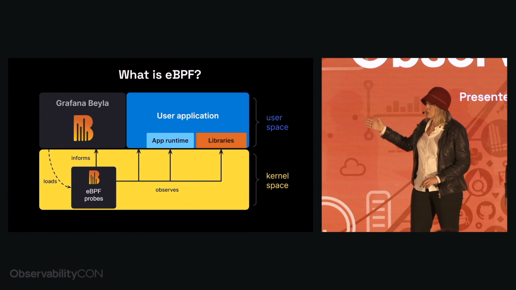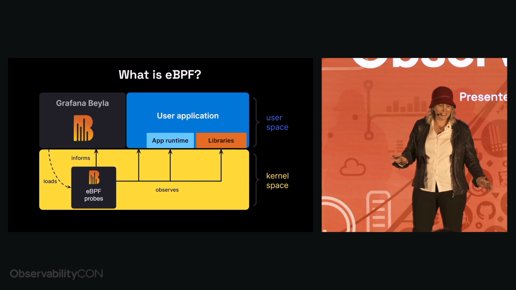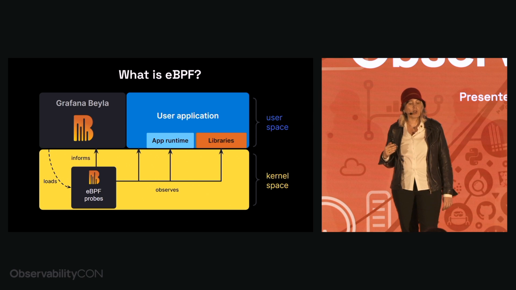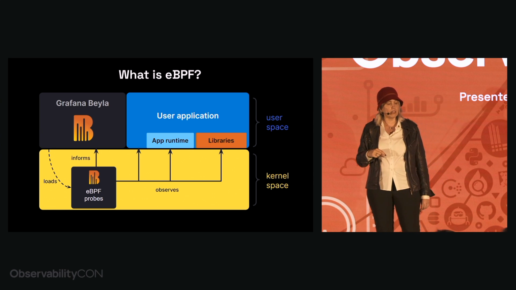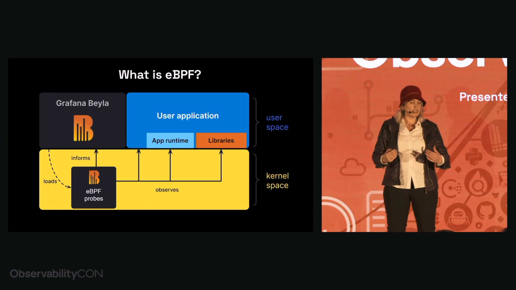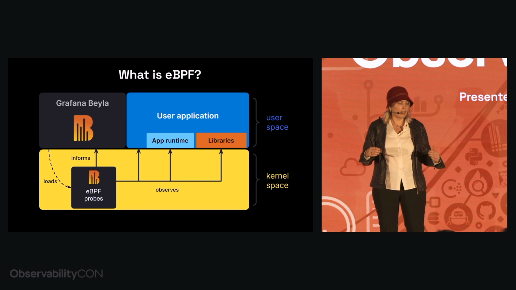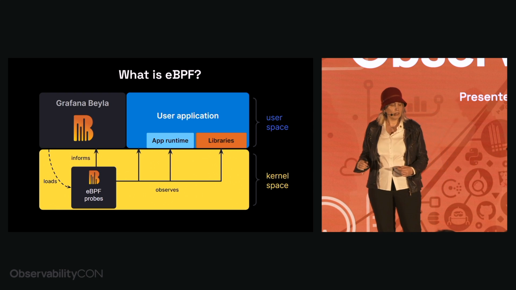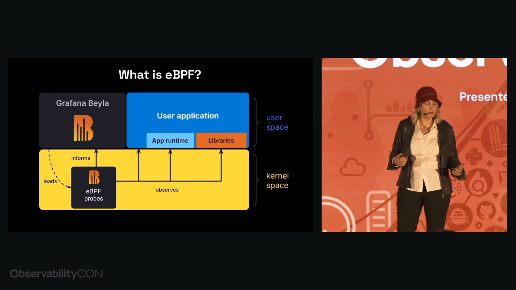A little bit of an explanation. Not everybody knows what eBPF is. I get to tell you about it today, at least a fast, high-level overview. eBPF is a technology that allows any privileged process to safely load probes in the Linux kernel. These probes are triggered after certain events that are specified by the probes themselves. For example, if a function is invoked in the instrumented application, it can be decorated with a user probe. If a function in the kernel API is called, it can be decorated using a kernel probe. Probes can read or modify the memory of the application that they're observing.